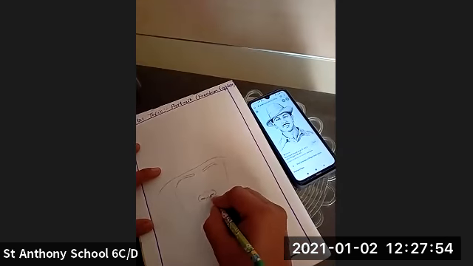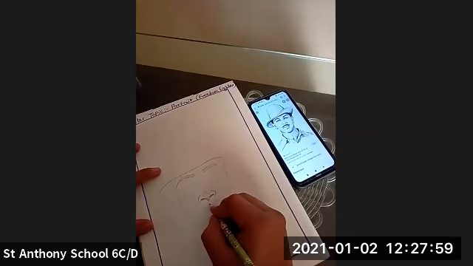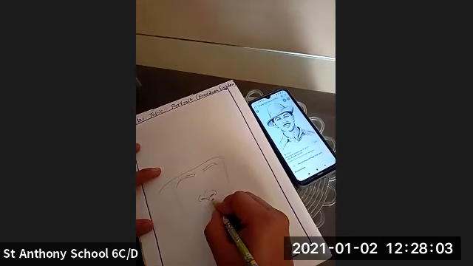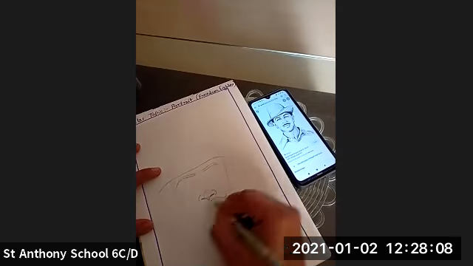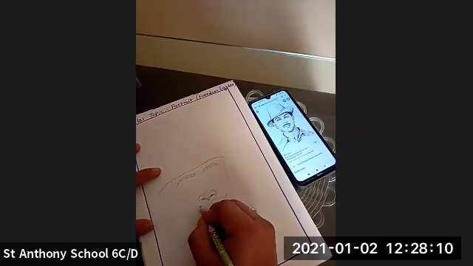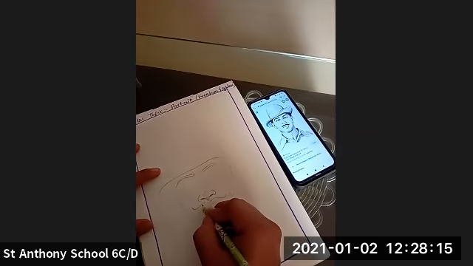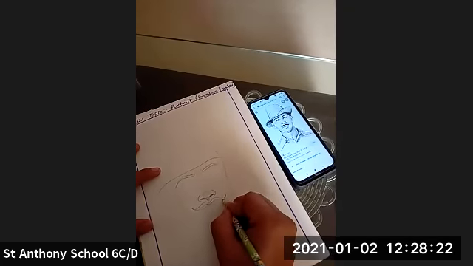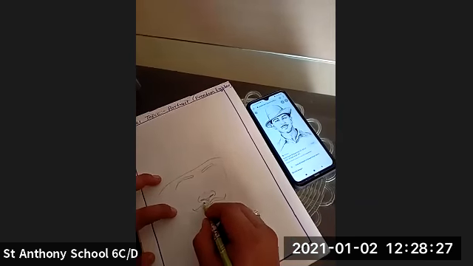Then from this part, we are going to make the mustache. Yes, we're going to make the mustache over here in this way. Okay, we have made the mustache over here.